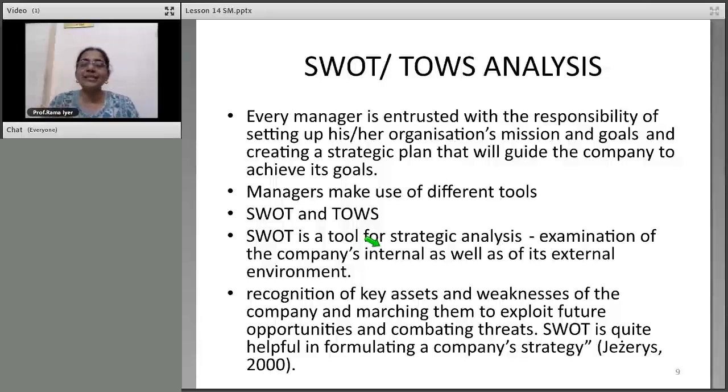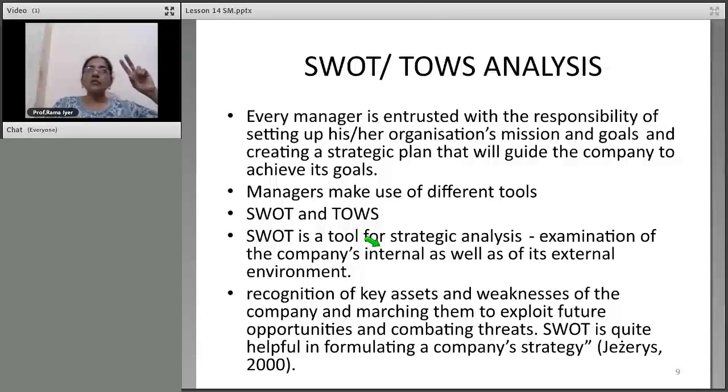Then comes your opportunities and threats. What are the things outside which is a problem? What are the opportunities outside which the company can really push for or get more of or use for the benefit of the company, and what are the threats? Threats as in what are the issues or challenges that can happen in the environment which are going to impact the company in some way. Okay. So we'll come to those in a minute.